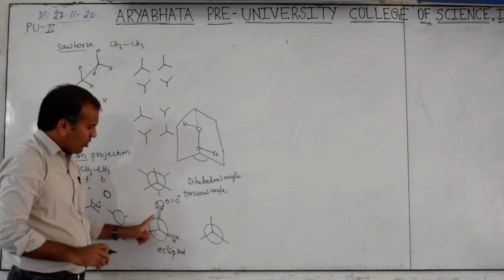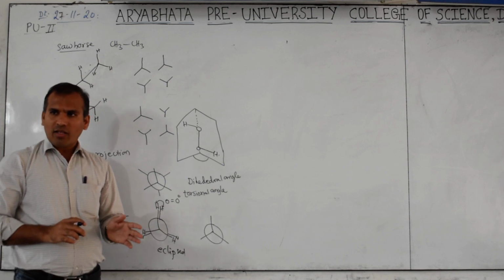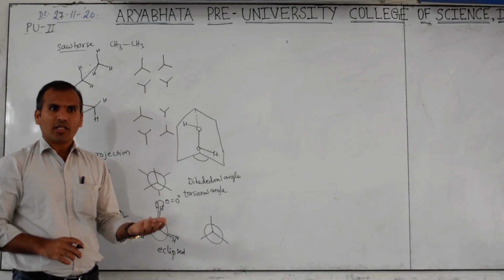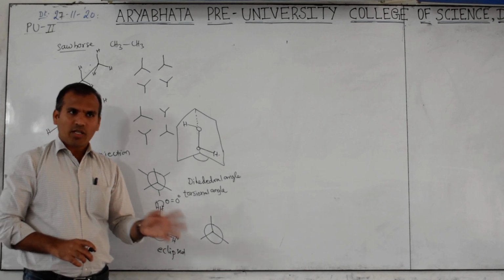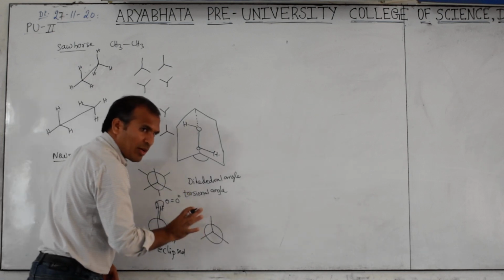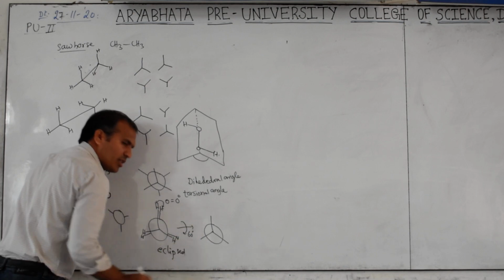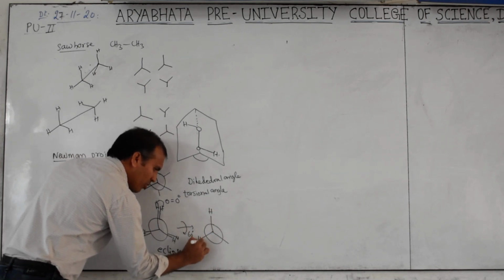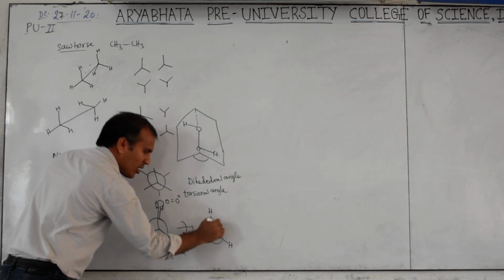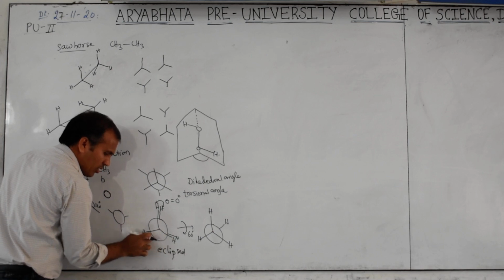So now the eclipsed form. Any one, front carbon or back carbon, you can rotate. Which one do you want? Back. Clockwise you can rotate or anti-clockwise. Anti-clockwise means counter-clockwise also. Any one direction you can rotate. There is no problem here. Which direction do you want? Clockwise. Okay. Back carbon now I am rotating. Back carbon, 60 degrees rotating here. How much? 60 degrees. Then front carbon is in a fixed position. Any one is fixed, another is rotating. Front carbon fixed. Back carbon just clockwise rotated now. How much? 60 degrees. This hydrogen comes to here. This hydrogen comes to here. This hydrogen comes to here.